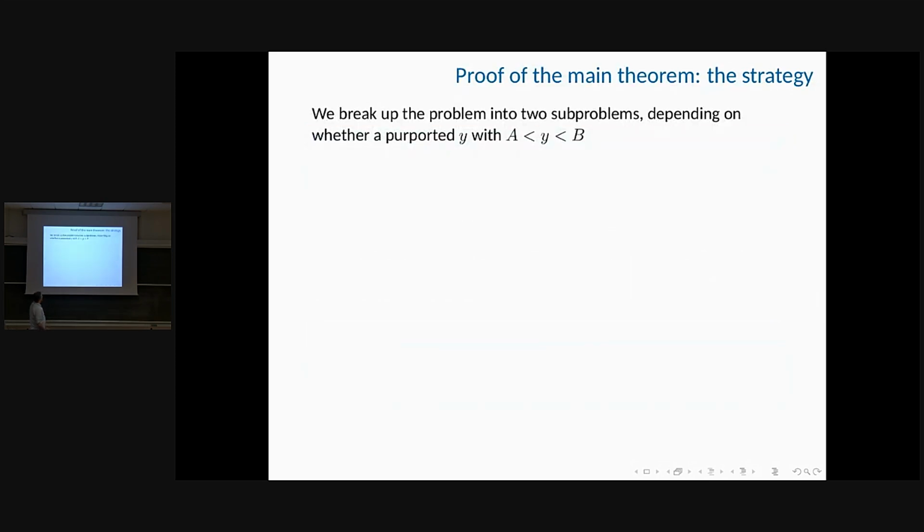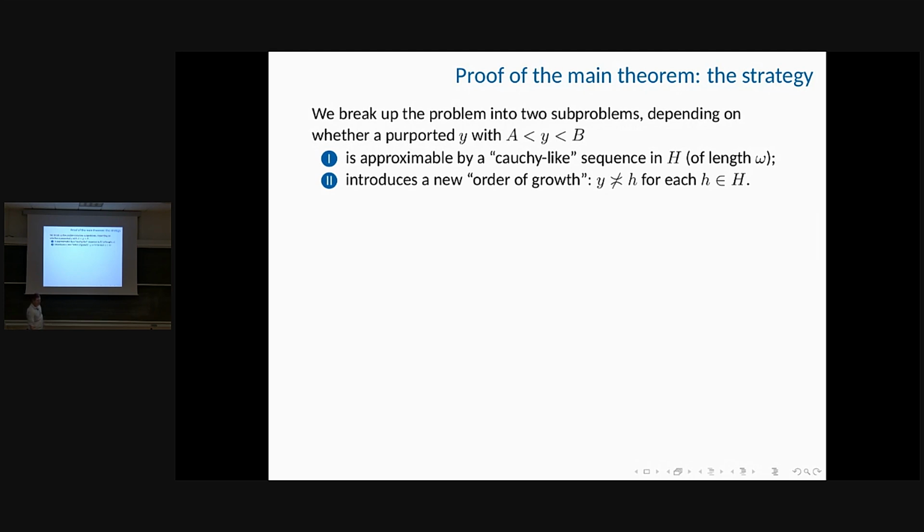Okay, all right. So I have 2 minutes. I'll want to have 2 slides on the proof, then 2 questions. The proof is a bit long, but the strategy essentially boils down to 2 cases. You want to adjoin this Y, filling in this gap between A and B. The first case is that you can approximate this Y by a Cauchy-like sequence, a so-called pseudo-Cauchy sequence, of elements in H. This means that this Y will exhibit the same order of growth as an element of H. And the second case is where this doesn't happen,